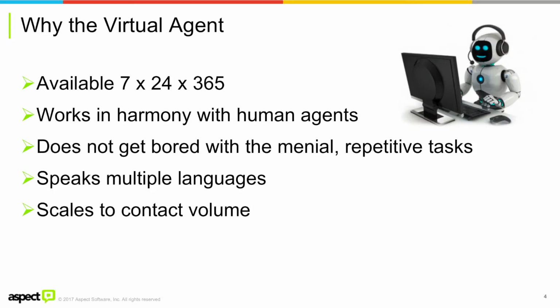And finally, an AI is only a new employee once. So yes, when the AI is first deployed in the contact center, it will not be perfect. It has things it has to learn, it has to continue to be developed and worked on. However, there's no moving out and hiring a new person and having to start that training process all over again. You've trained it, it's there, it's going to stay.